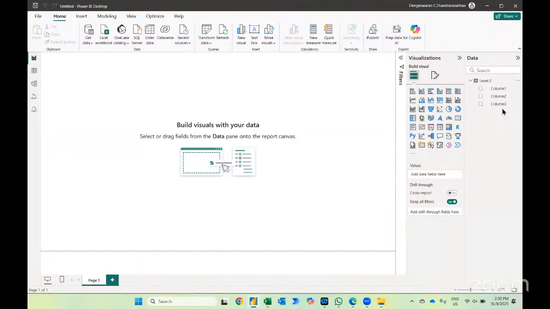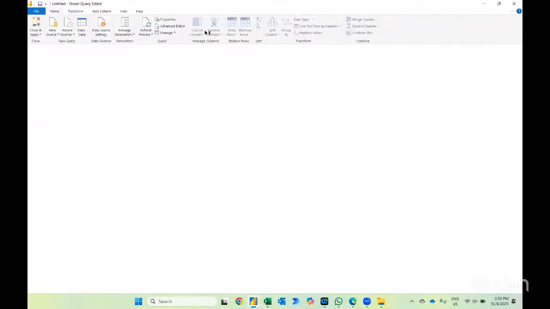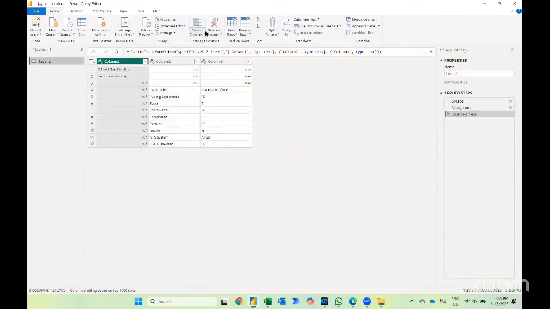The reason for learning Power Query is that Power Query is a very, very big topic. It's equivalent to a 2 semester subject. But if you see here, you notice column 1, column 2, column 3. So in Power Query, what we can do is clean the data. So if I press here, transform data,